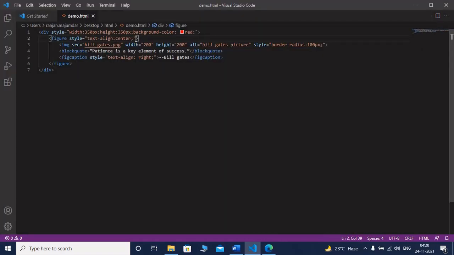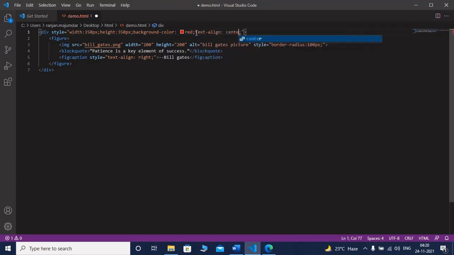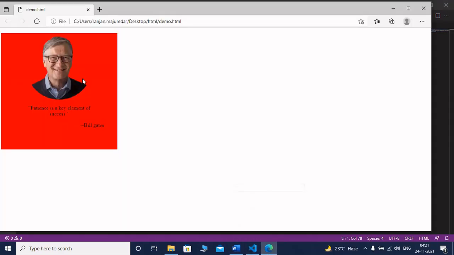Few minutes before I used text align colon center as style in figure. I am deleting it and I am writing text align colon center in style in div to move the entire div to the center of the document.